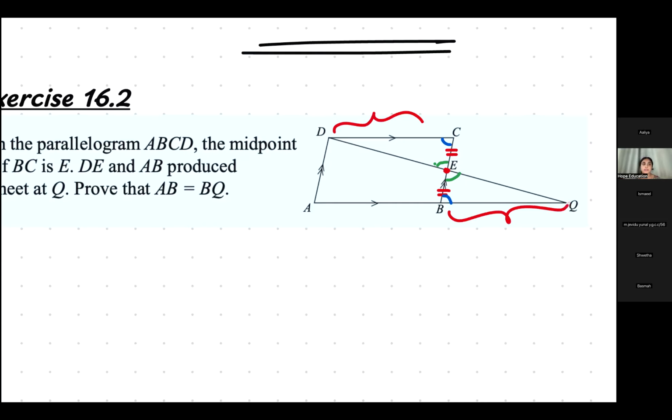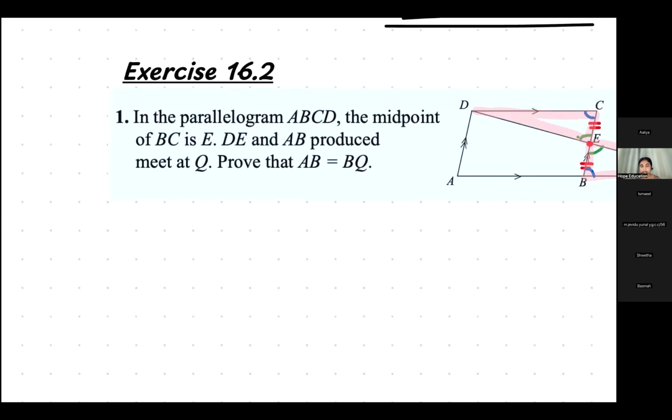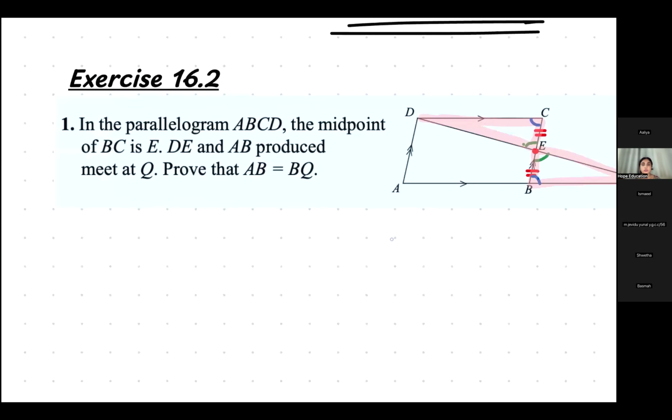We'll start from there and then we'll move on. The two triangles we are considering, one is this, the other is this. So I will put the names of the two triangles. DCE